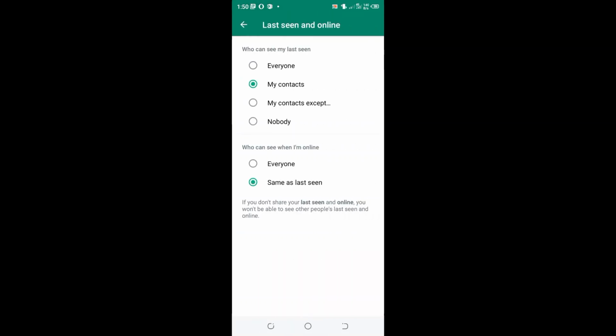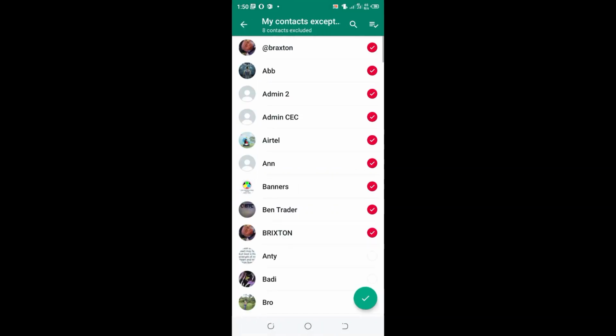Then move to who can see my RAS, click my contact except option, and now choose the contact which you don't want them to see your RAS on WhatsApp. You can choose them randomly, and after updating the option and clicking the contact which you want to exempt from seeing your RAS on WhatsApp,